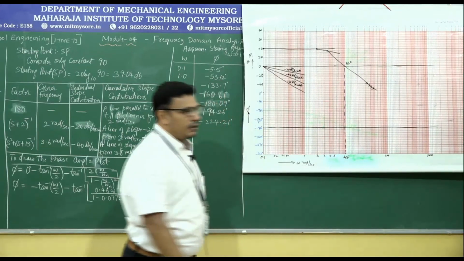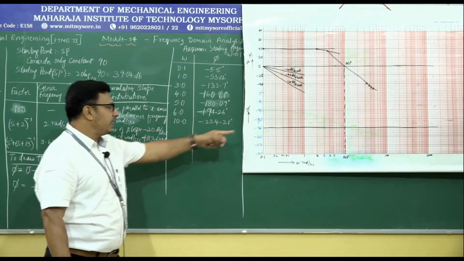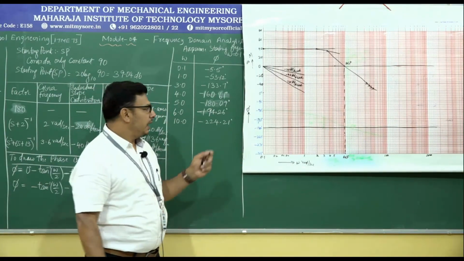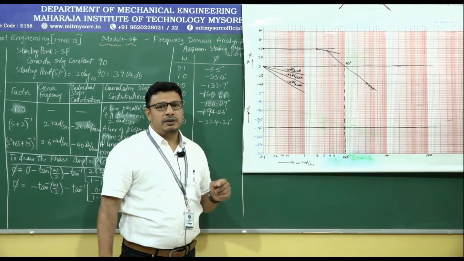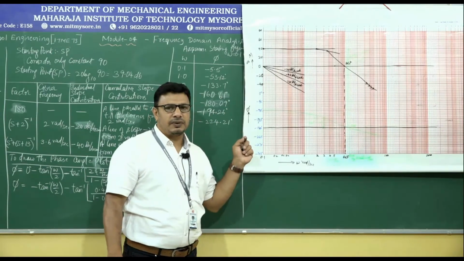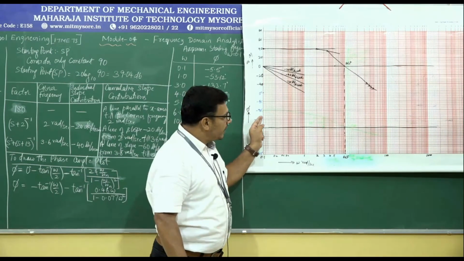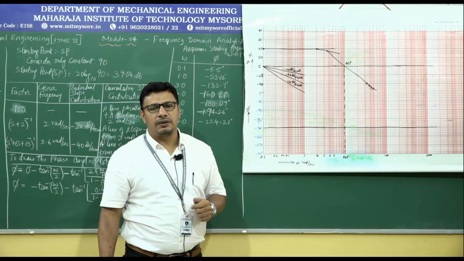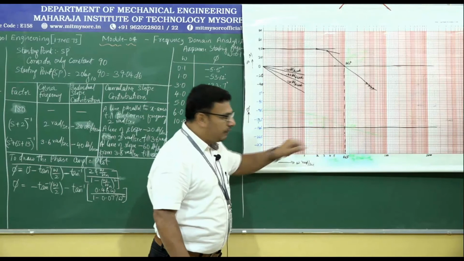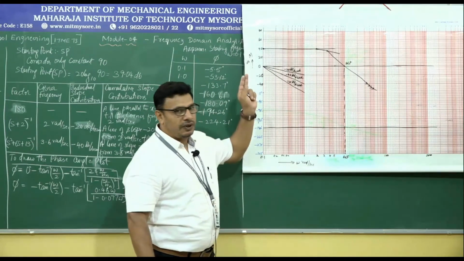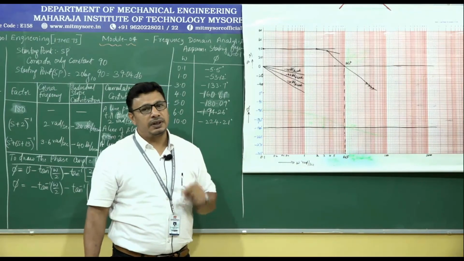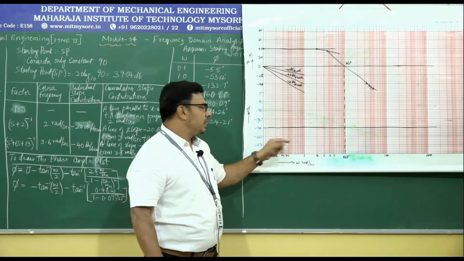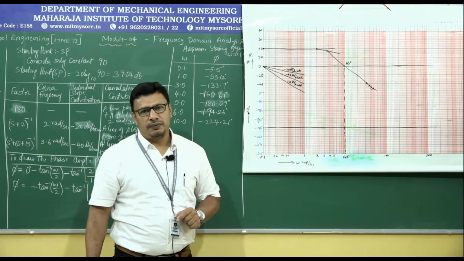Reason being that when I draw the magnitude plot, when I mark all the phase angles against various frequencies, I will be ending up with the magnitude versus frequency plot. And when I complete the phase angle versus frequency plot, the point where the phase angle plot intersects the minus 180 degree line is called the phase crossover point. From that phase crossover point, if I draw a vertical line upwards onto the magnitude plot, I will be able to get the gain margin. That is why the minus 180 degree line is called the reference line for the phase angle versus frequency plot.